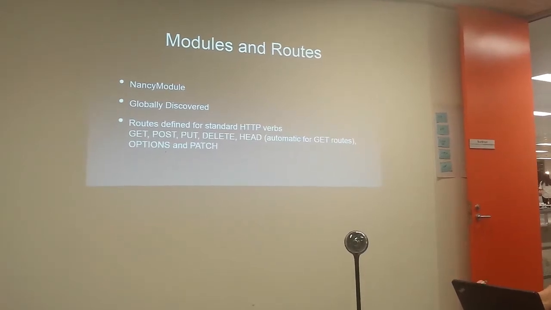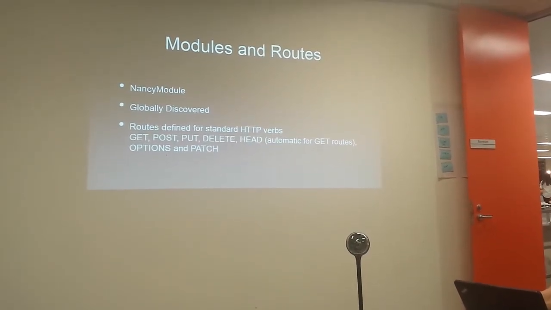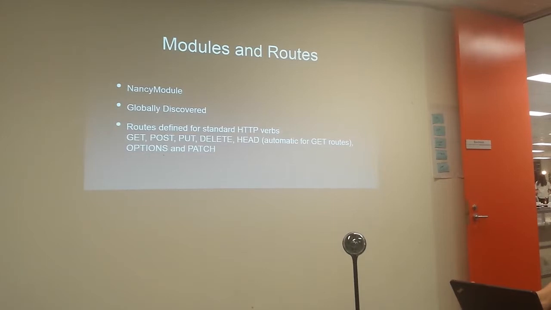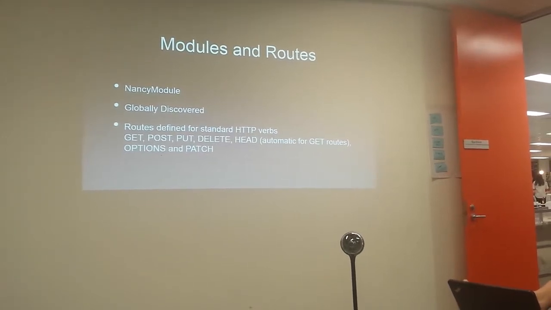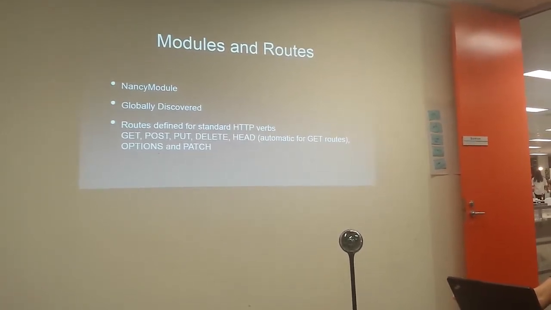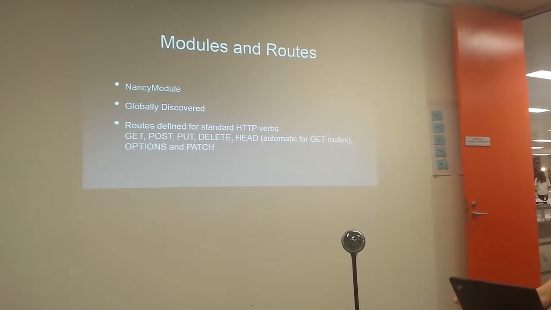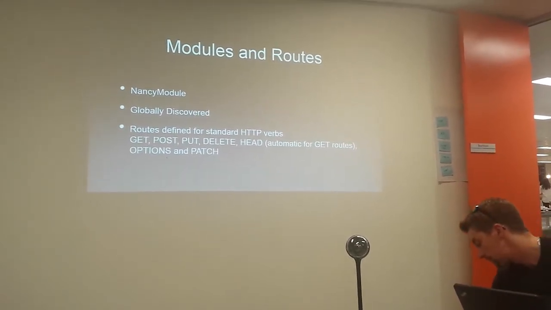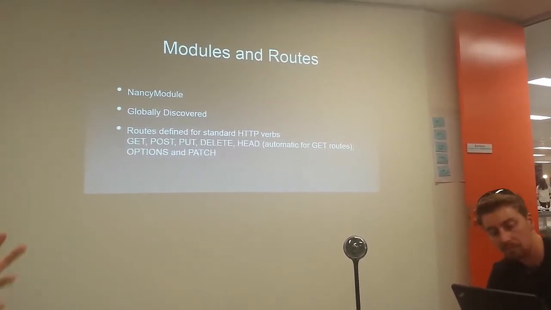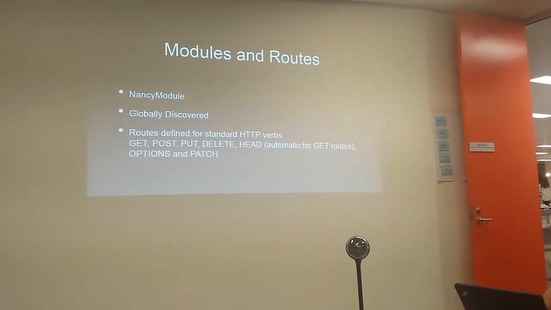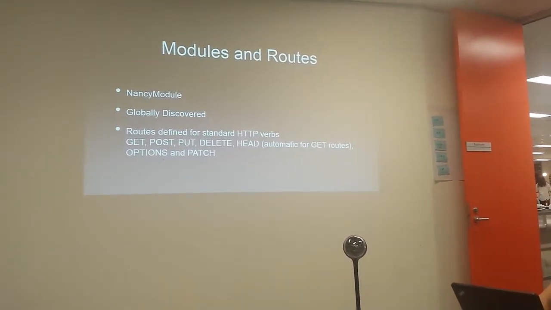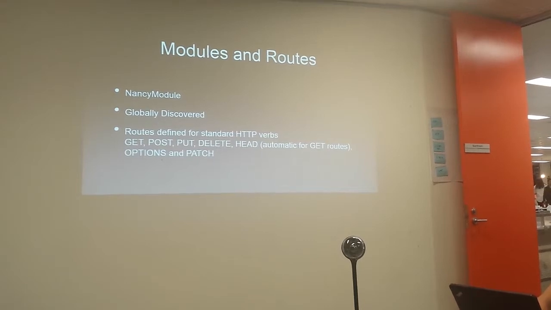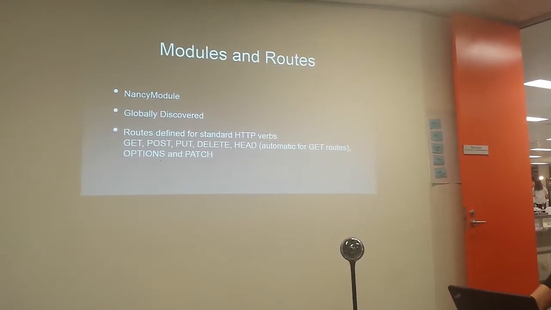So let's talk about a few things. We'll go through some of this stuff. So Nancy has this module thing that we just inherited from. When you start up an app, it's going to go through, find all the modules, and use that to figure out all the various bits of code that can execute. Then it's going to run through those get collections and post collections and so forth, the arrays with the various routes, to figure out what URLs it's going to respond to and what it's not going to respond to, obviously.